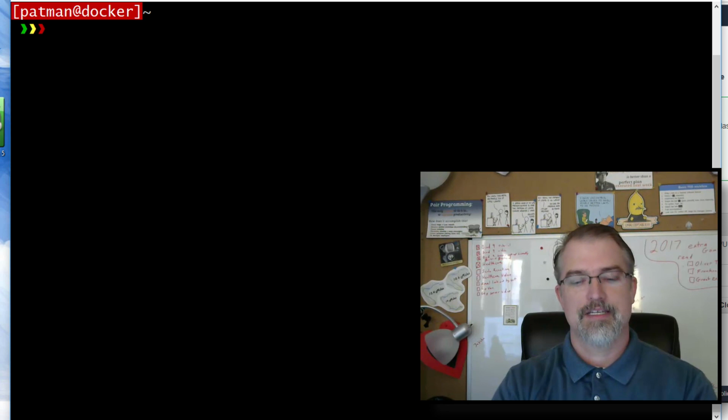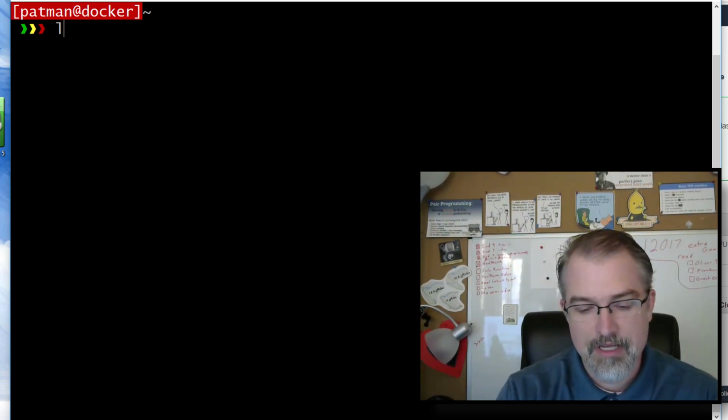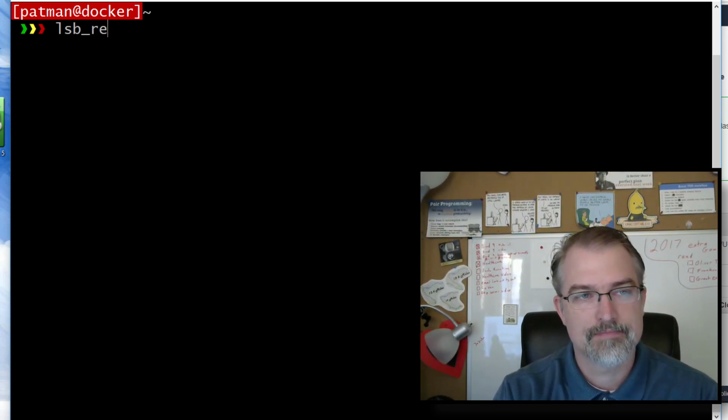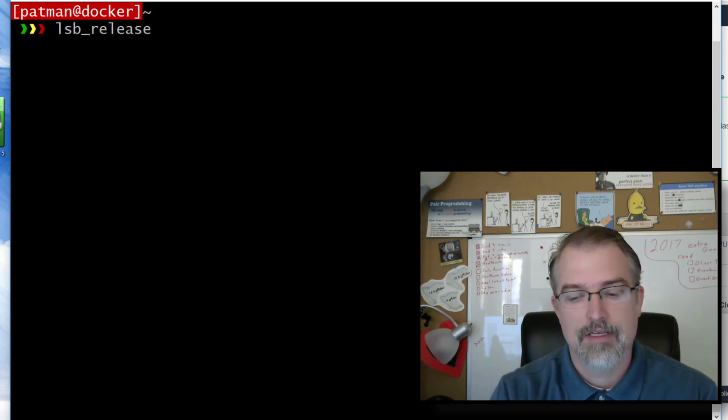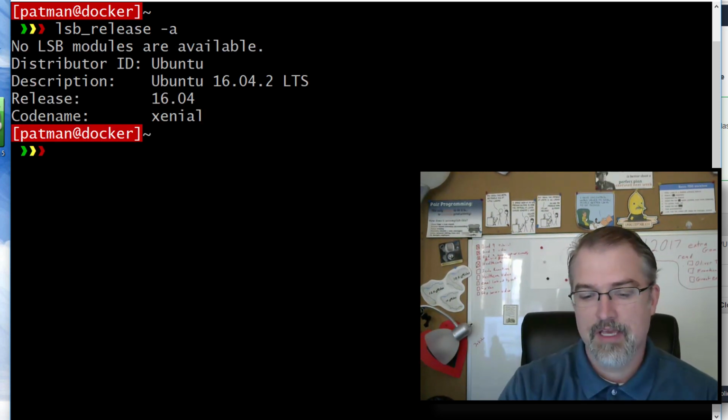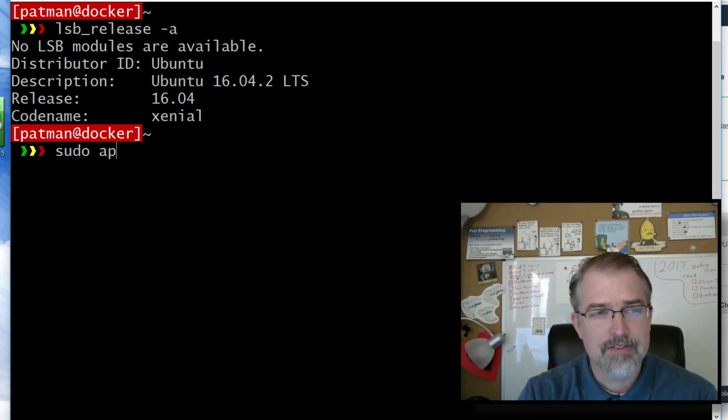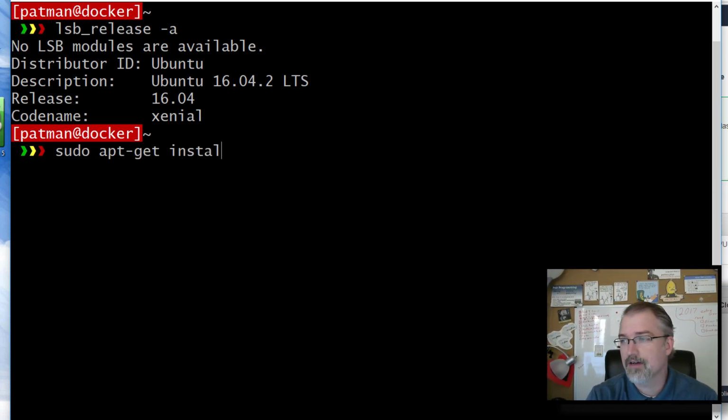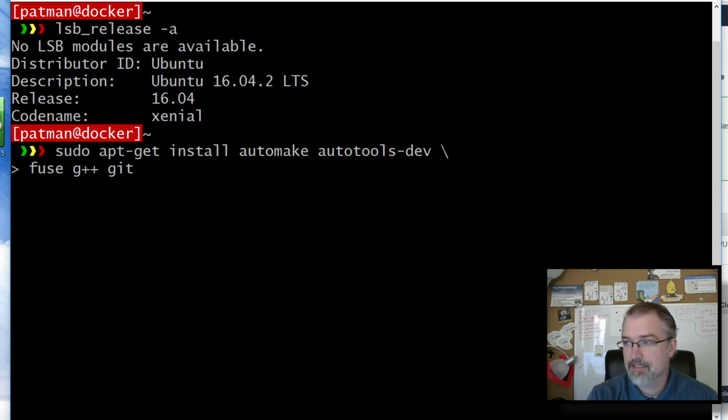Okay, installing s3fs on Ubuntu 16.04. So if I do lsb_release -a, you can see I'm on 16.04. What I need to do is install a few things first. I do a sudo apt-get install, and I have a few things I've got to install: automake, autotools-dev, fuse, g++, git, libcurl4-gnutls-dev,